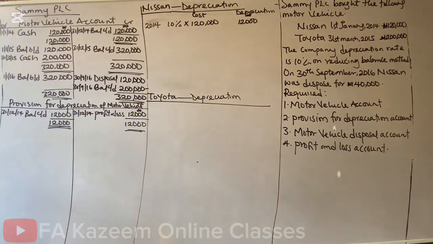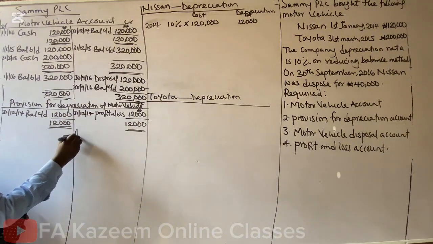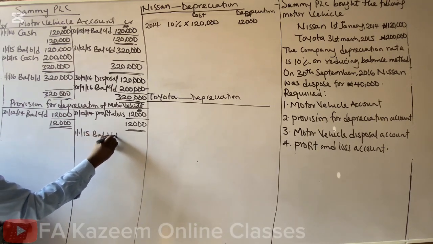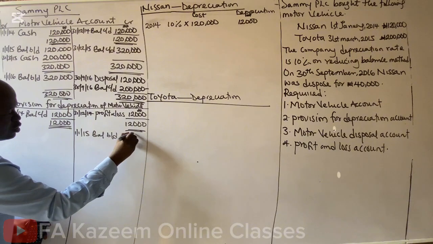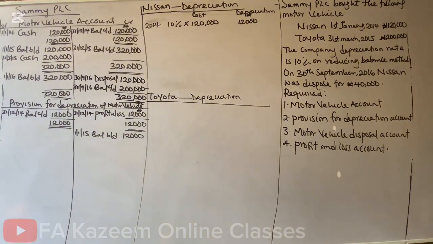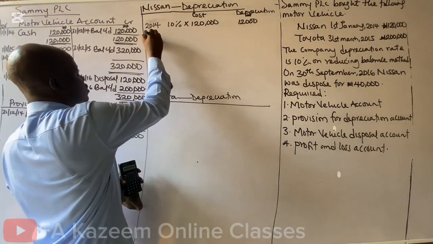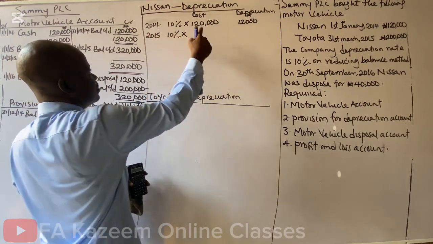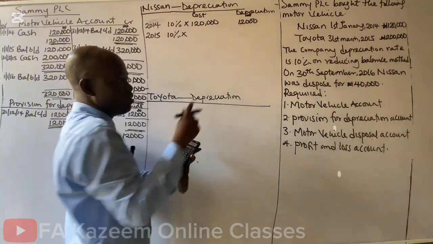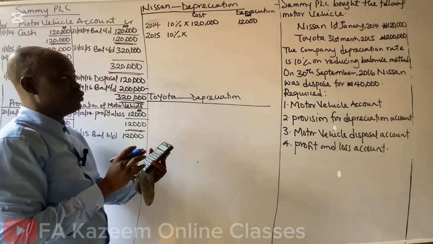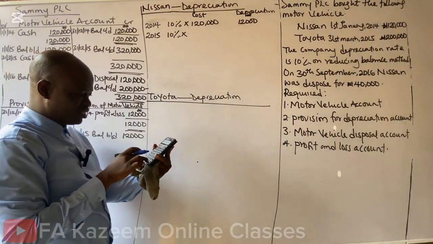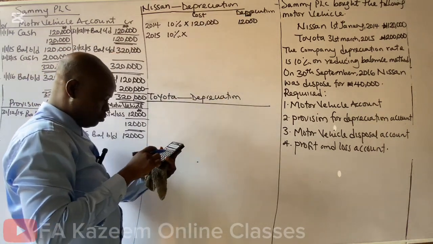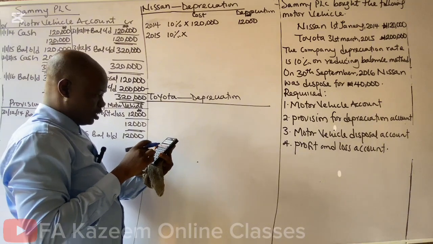12,000. Please pay attention to this. On 1st January 2015, we have a balance brought down of 12,000. In 2015, using the reducing balance method, we'll say 10% times 120,000 minus 12,000, because we are using the reducing balance method. 120,000, minus the previous depreciation of 12,000, is going to give us the cost of